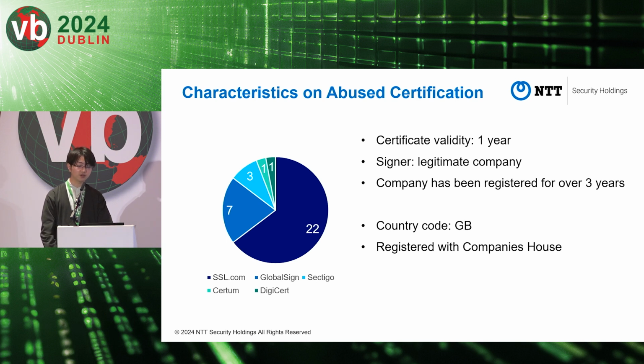Next, let's look at the characteristics of the abused certificates. In total, including the additional investigation, we collected 34 certificates. Many of these certificates were issued by well-known CAs, with SSL.com being the most prominent. All of these certificates had different signers registered. Although there was no uniformity in the size or industry of the organization involved, we did observe a few common features. First,